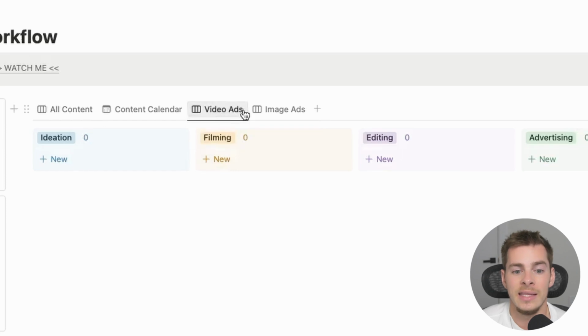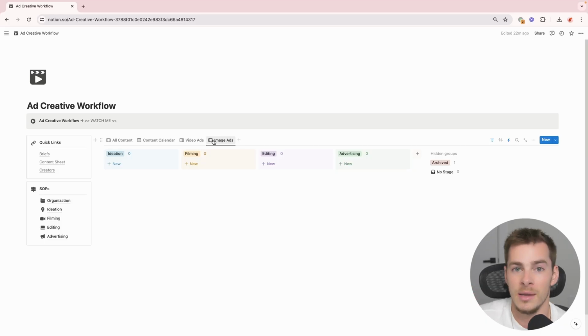Now, the video and the image section is specifically if you have video or image editors or you have different creators that you maybe want to bring in here. And it's just to be able to get a high level overview of what video ads you're working on and what image ads you're working on. Otherwise, it's pretty much this exact same view, just with filters. So if you wanted to remove these, you could. If you wanted to add more for different types of creative variations, you could also totally do that.